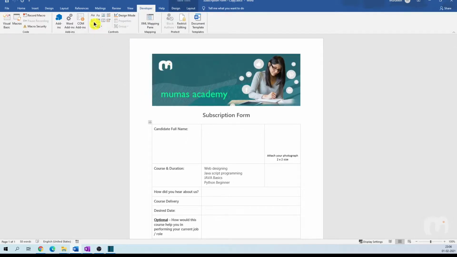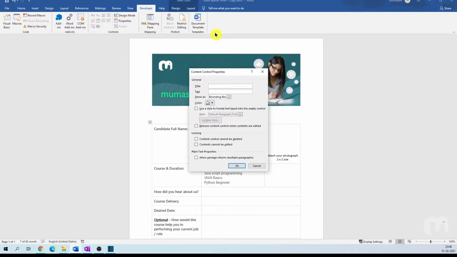So up on the developer ribbon, I have two different options for text entry, the rich text control and the plain text content control. We will talk in a moment about what the differences are, but for now let's simply insert a plain text content control. When I insert that onto my form, I see a field that appears that says click or tap here to enter text. To change the properties, I can simply select the form item and go up and click the properties button above in the ribbon, and this opens up the properties dialog.